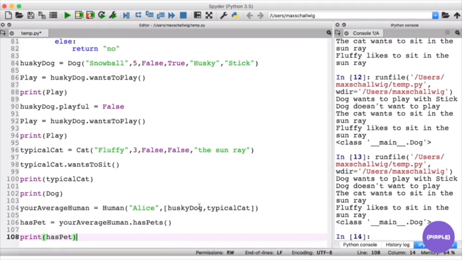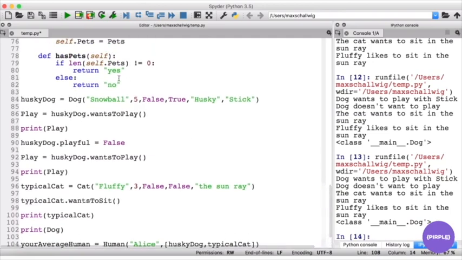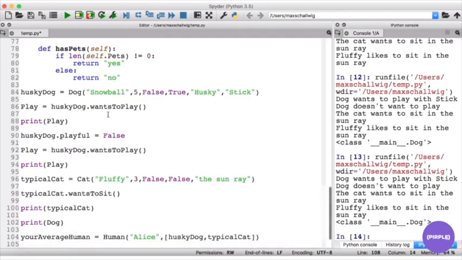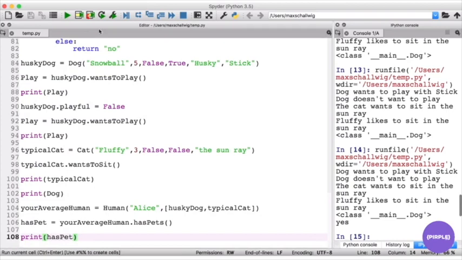And so its length is going to be 2, so it's not going to be 0, and so we're going to get a yes back. So if we run this, we see we get a yes down here, so our human has yes. And something that we see from here too, with this class definition,